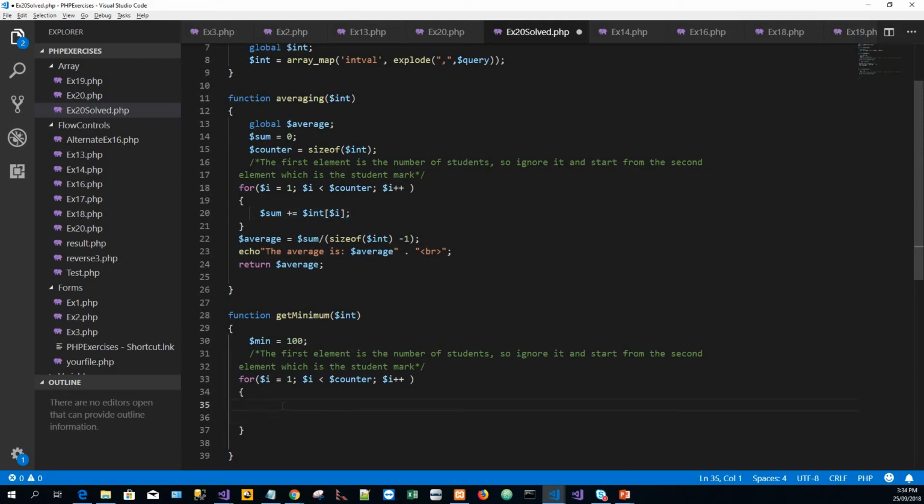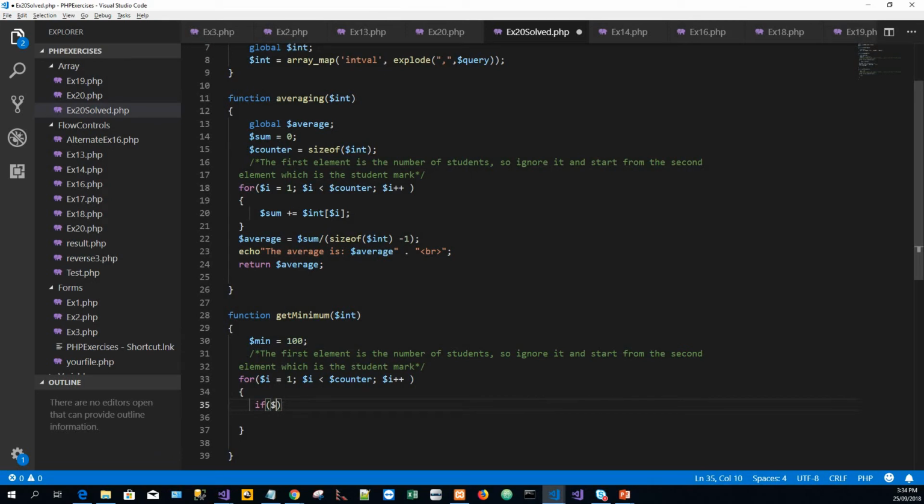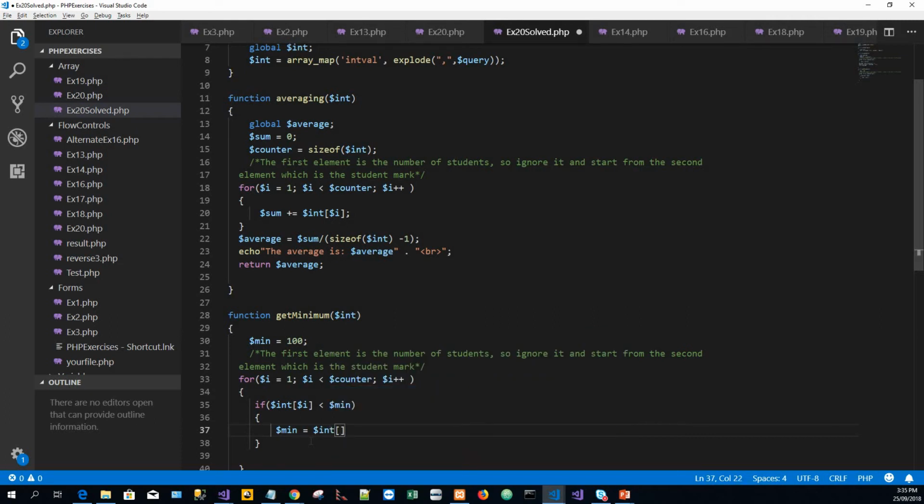So what does the if statement say? So if $int and $i, that is the ith element, which is this, $int $i less than, if the incoming array element, which is one of the marks, is less than the minimum, then the minimum value, which was earlier 100 over here, it will assume the value of the array. So $min is equal to $int and $i. Okay,